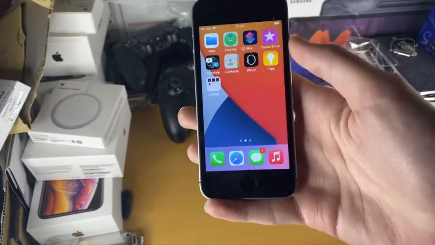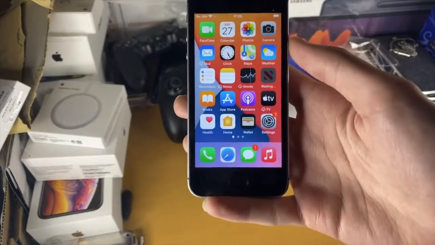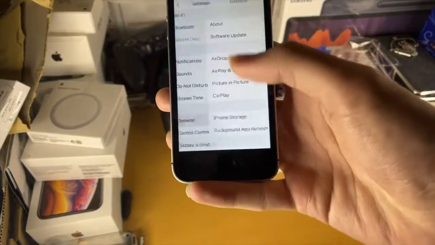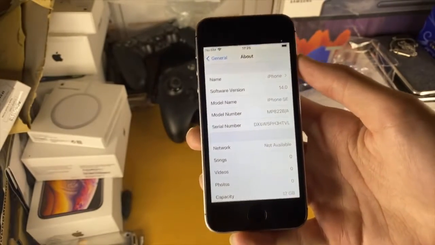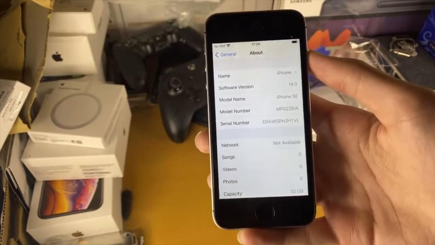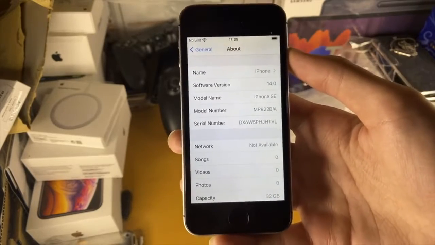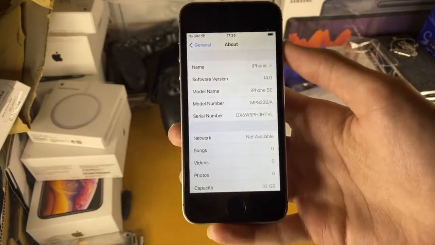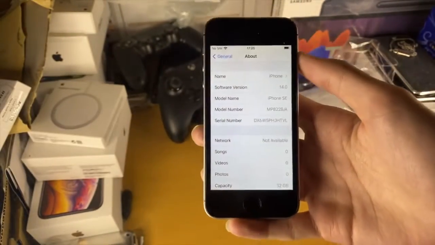With that being said, let's get started with the jailbreak tutorial. So first of all, we need to check, are we supported with the Uncover Jailbreak? To check this, we go into Settings, General, and About. As long as you're running software version 14.0 up until 14.3, all firmwares in between, this includes iOS 14.2.1, 14.2, 14.1, iOS 14.0.1, any firmware from iOS 14 up to iOS 14.3 is fully supported with the